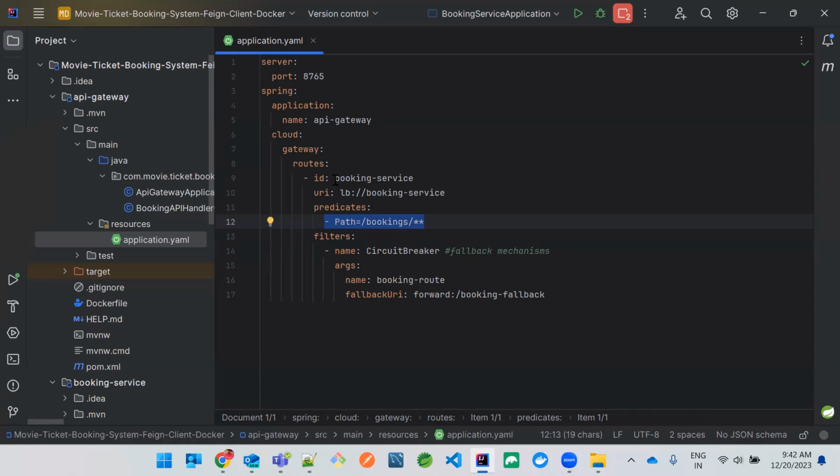Because if any of the services, if any of the endpoint is not working, I have to revert back to the end user with some message, right? So that's the reason for all the bookings endpoint, I just have to provide this response. That means if the booking service is not available, then this filter will get invoked. What are these filters used for? So these filters are useful when,